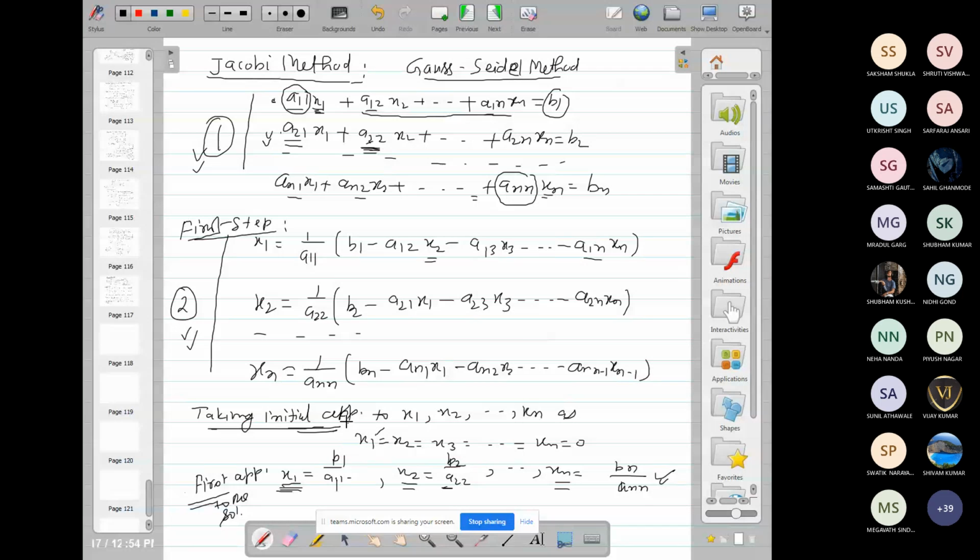But in Gauss-Seidel method, we take the initial approximation and like this, x2 to xn is equal to 0. Then substituting these value, so